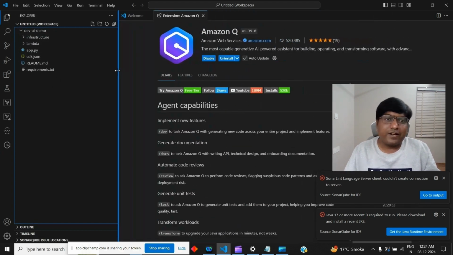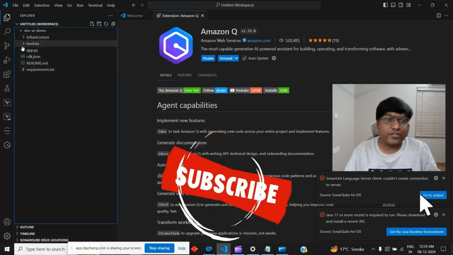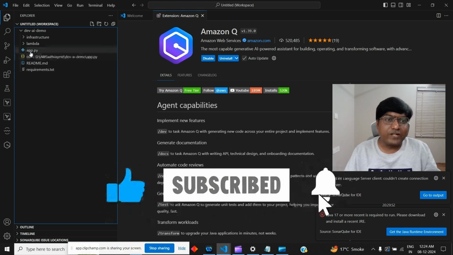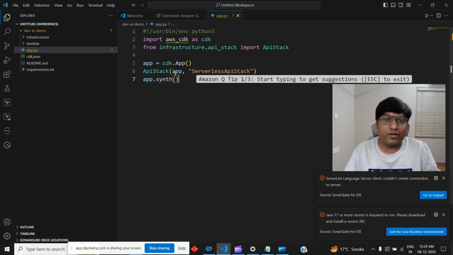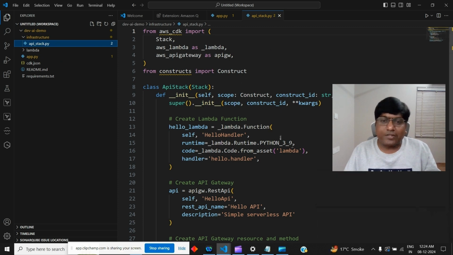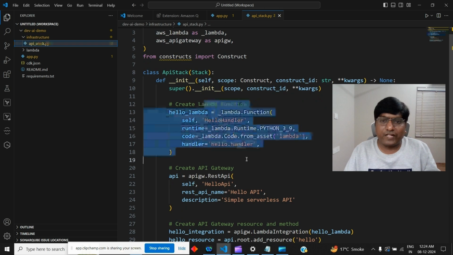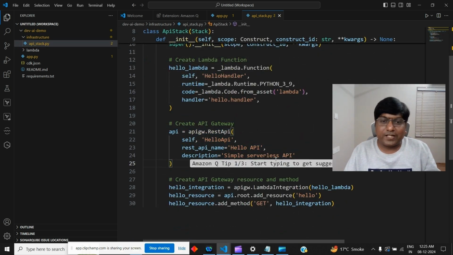So you can see we now have this code generated instead of writing everything from scratch. Here we have CDK code generated, which creates a CDK infrastructure-as-code stack to deploy on AWS. And here we have a simple structure setup. We have this infrastructure API stack set up for CloudFormation CDK-based deployment, right? At a high level, the Lambda function gets set up with the Python 3.9 version. Also a REST API gets set up here,